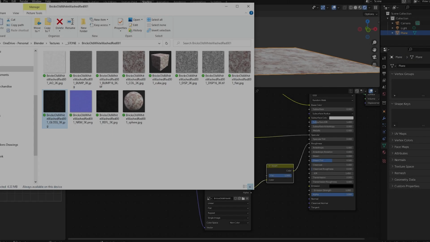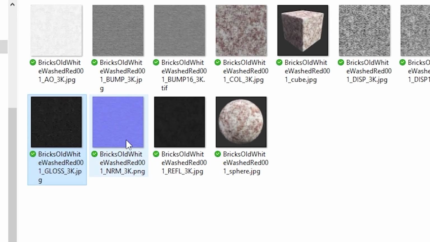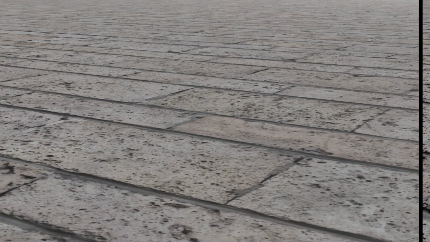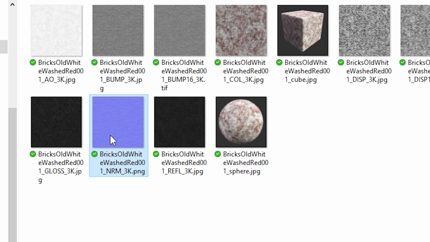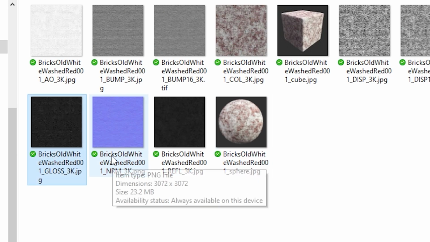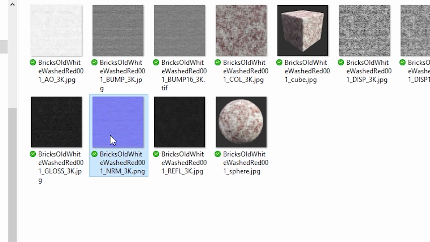There's another map in this pack that will add a lot of realism, and that's the normal map. Normal maps, as mentioned in part 1, fake depth by manipulating how light hits the material. They are not very draining on your computer, but add enough realism to be used as long as they're not right up in front of the camera. The normal map is this purple map. It's a specific type of color mapping that I don't fully understand, but that Blender does.